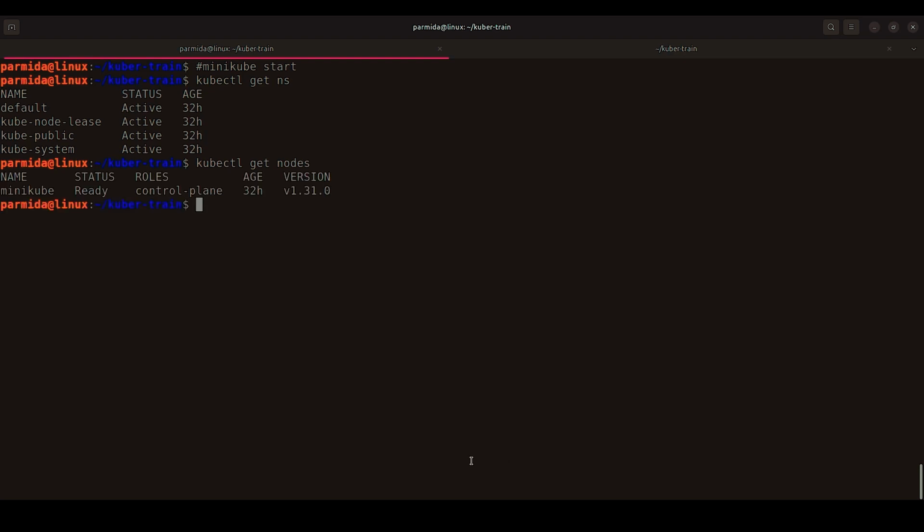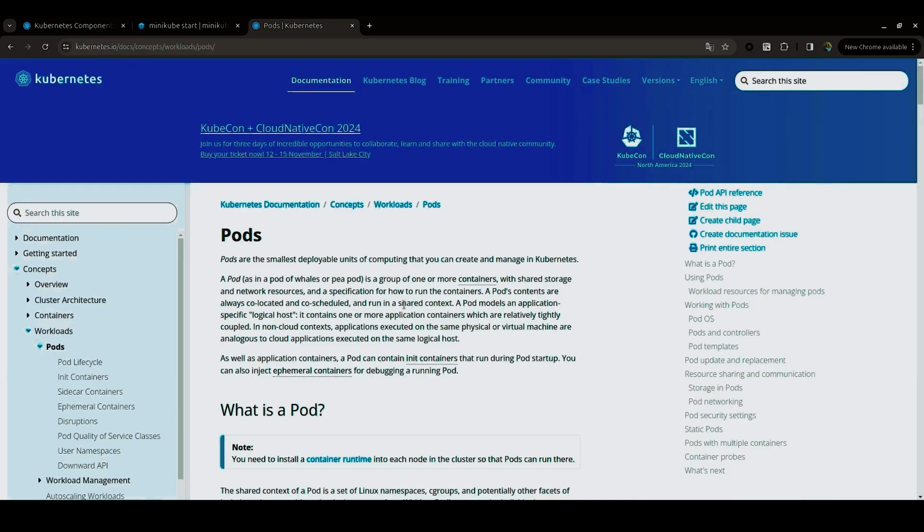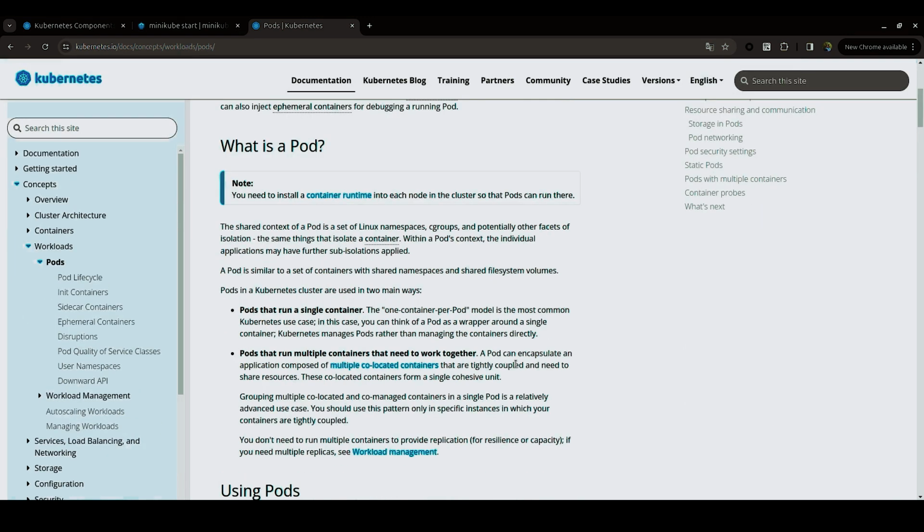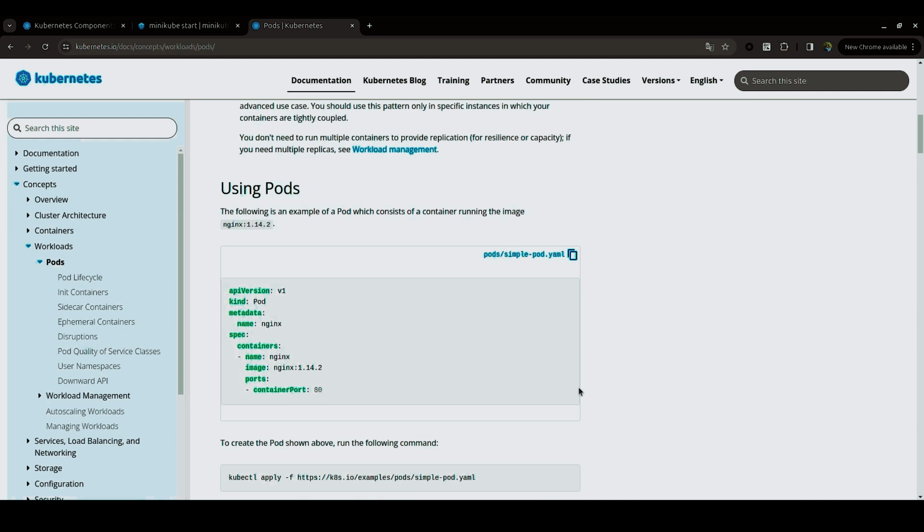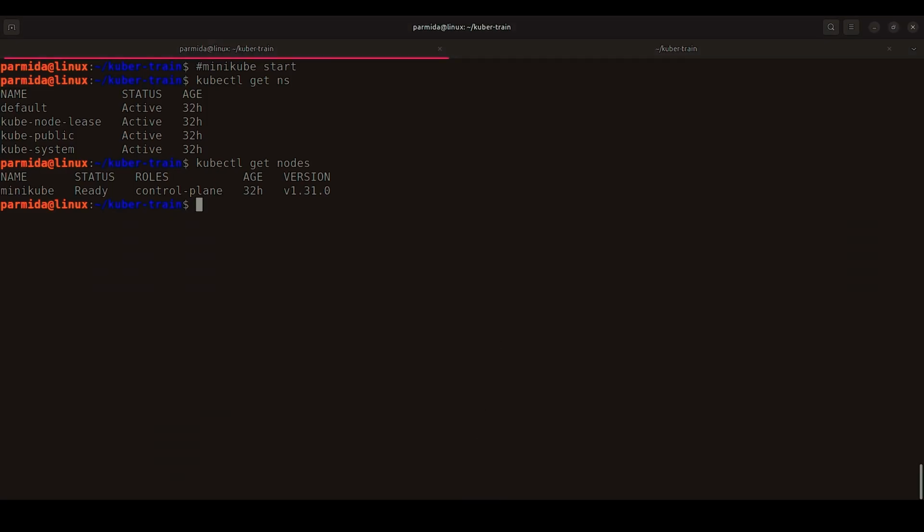Now let's learn what a pod is. Pods are the smallest unit of computing that you can create and manage in Kubernetes. Pods in Kubernetes are used in 2 main ways: pods that run a single container, and pods that run multiple containers. Here is a simple pod YAML file. In Kubernetes, we write YAML files for our objects, and it is short for YAML Ain't Markup Language and more simple to write. I have this file